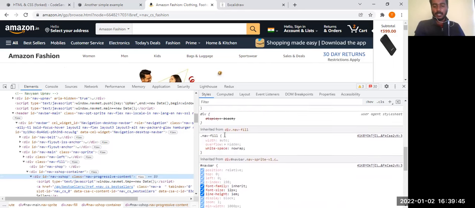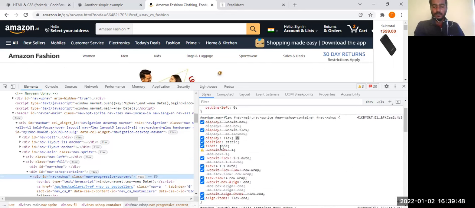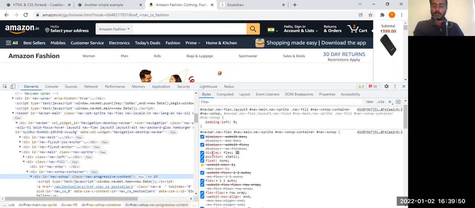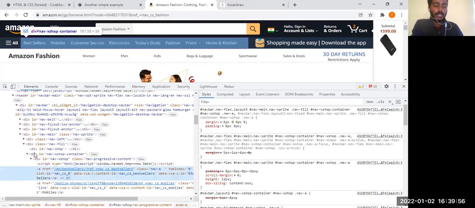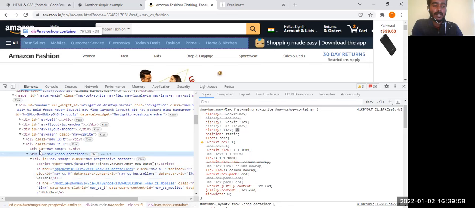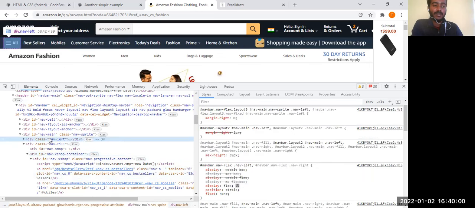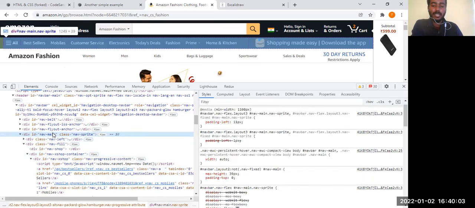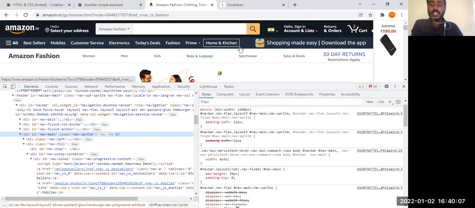I think they have used, yeah, can you see they have used the flex property? They have also used the flex property and they have achieved it. And these both the things will be in one common division, and they have nav left, and they have this navigation main. So they have created an image, and they have created this, and they have just achieved it.